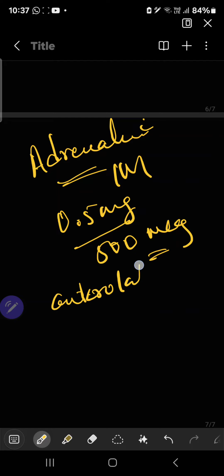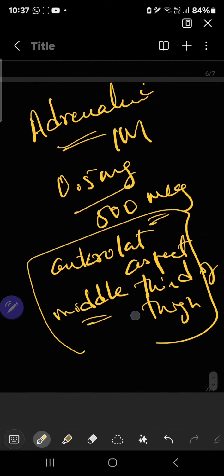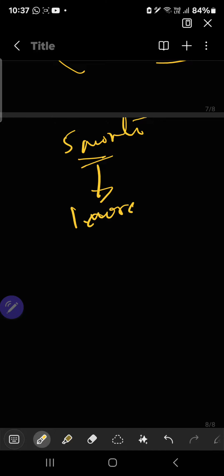This is very important: the anterolateral aspect of the middle third of the thigh you have to give. After giving this adrenaline, wait for 5 minutes. If the symptoms do not subside, give one more dose. Again wait for 5 minutes. So after giving two doses